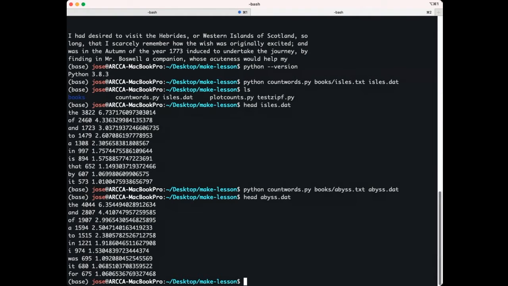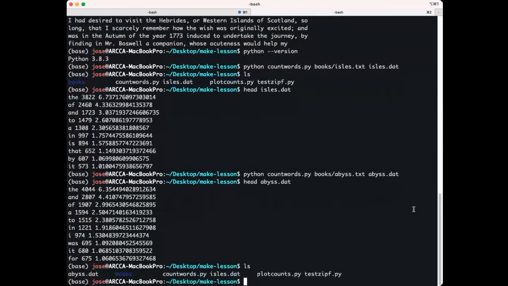Now we have two other scripts. The next one will be plot counts, and what plot counts does is actually help us visualize the words that we have just counted. So there are a few ways this script can do it. The first one will be printing directly into our terminal. So for example, if I do Python plot counts,